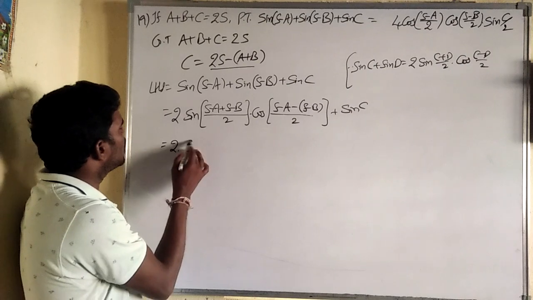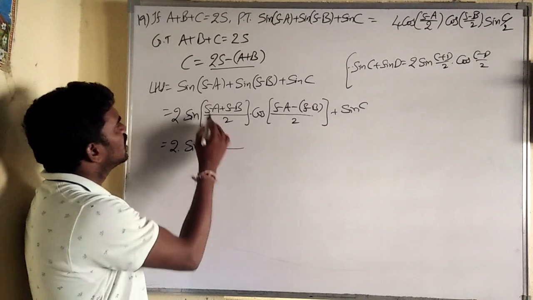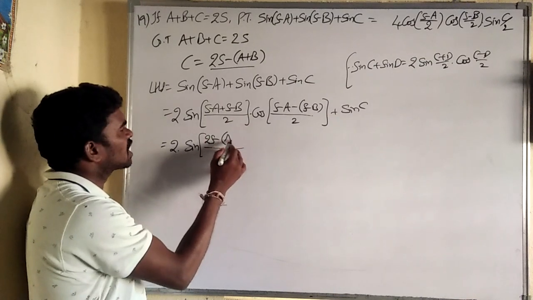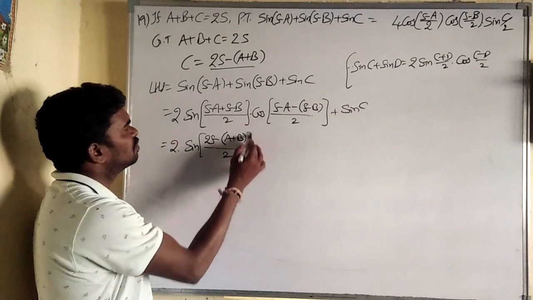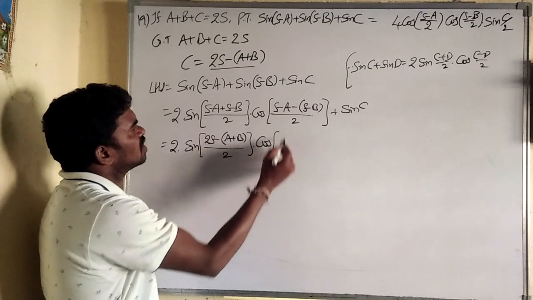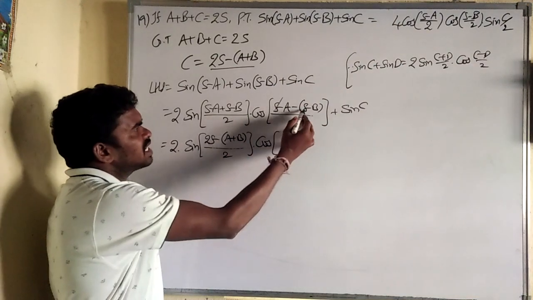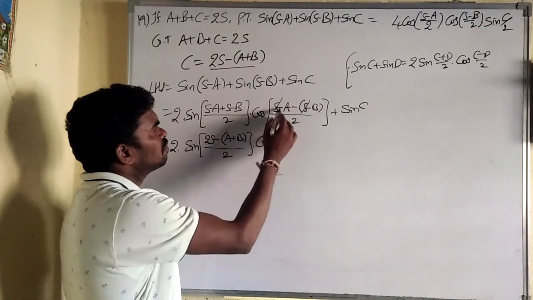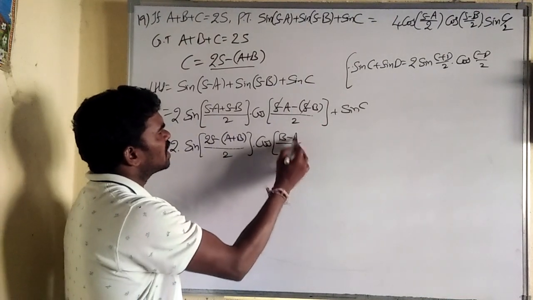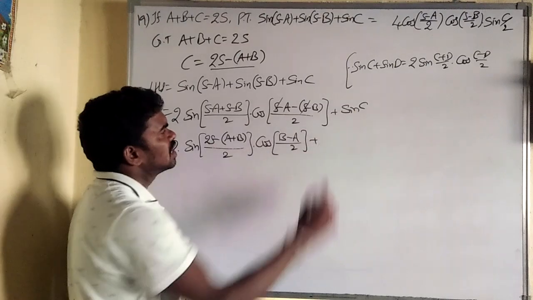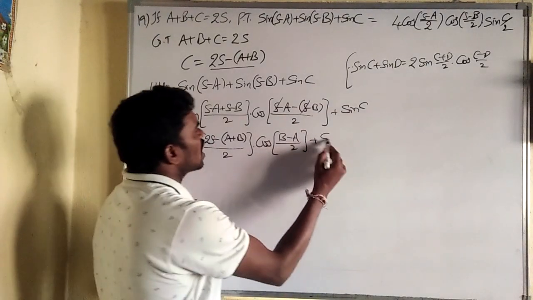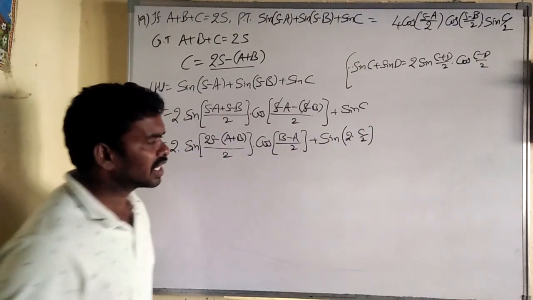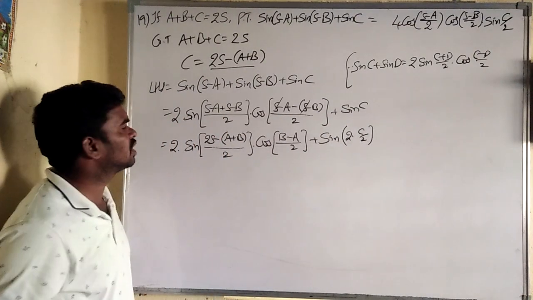Now which is called 2 into sin of s plus s is 2s minus of a and b, minus take common, then it becomes minus of a plus b by 2 into cos of... see here, this is plus s minus s, cancel. So minus into minus is b plus b minus a. So we get b minus a by 2, and plus sin c. Sin c I am expressing as 2 into sin c by 2. Why I am doing this, in the next step we can understand why I wrote in that way.